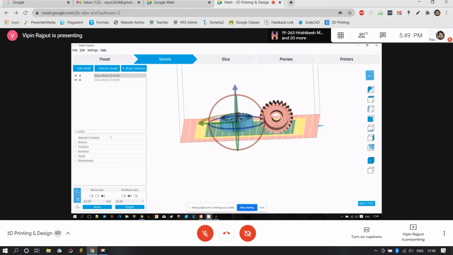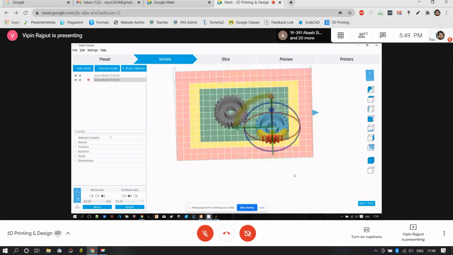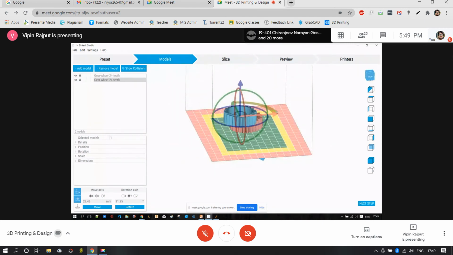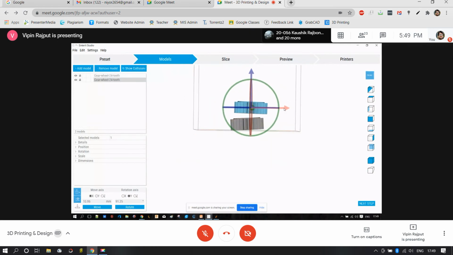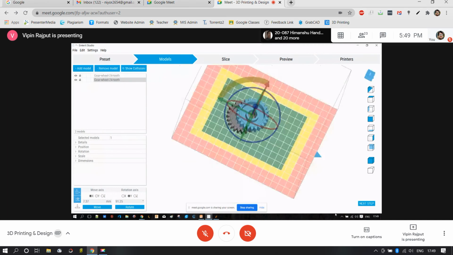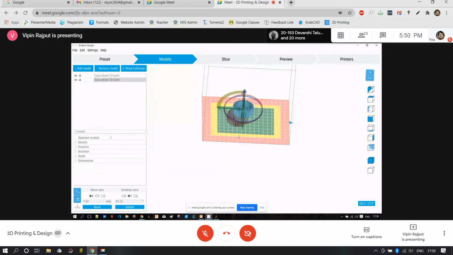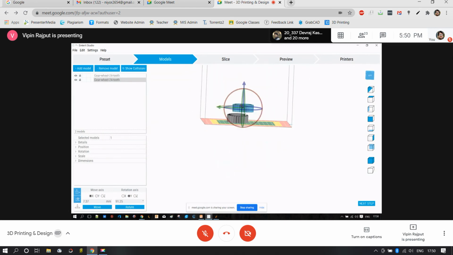Let's say we had one model, we changed the orientation of this one, and we had another model. We keep a clearance between the two, and now we can actually print these two models in a single go. That means one model can superimpose the other one. One can be over the other and both of them will be printed without any glitch. So this is possible in the case of SLS.